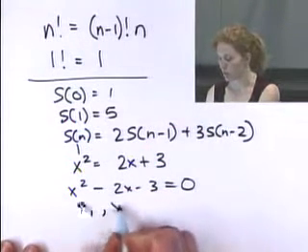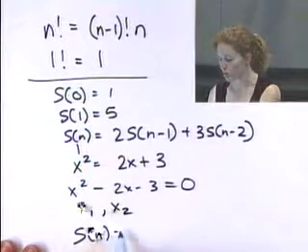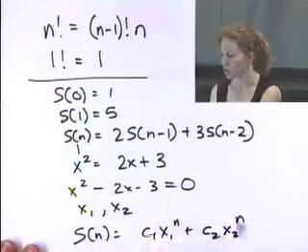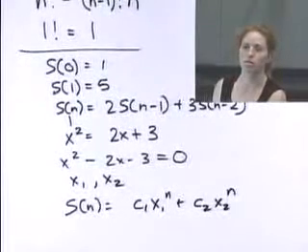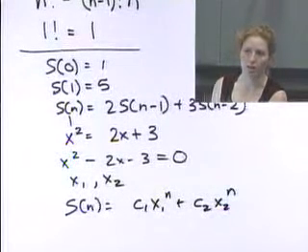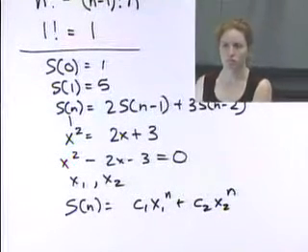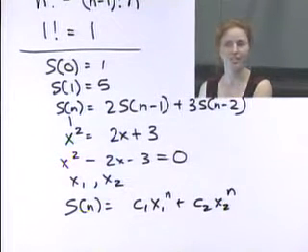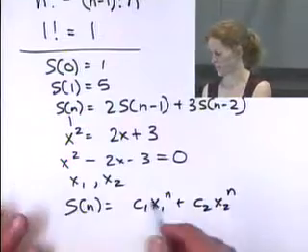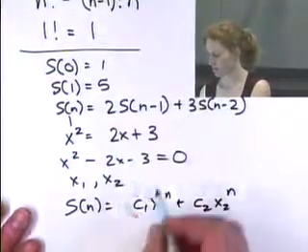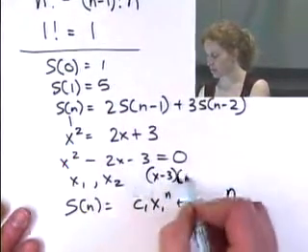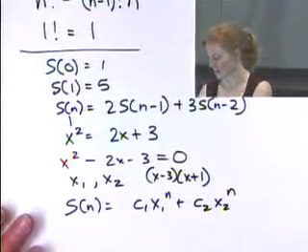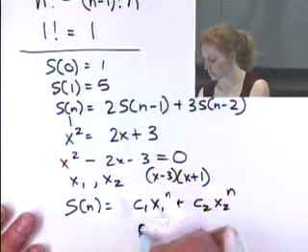So I'd find x1 and x2, and then my recursion would be c1 x1 to the n plus c2 x2 to the n, assuming that x1's not equal to x2, right? Which is not. And they're not in this case. I don't know what they are in this case, because they're negative 3 and positive 1. I'm sorry, x minus 3 and x plus 1, so it's actually 3 and negative 1. It's really cool that I made a factorable one without thinking about it. So this would be